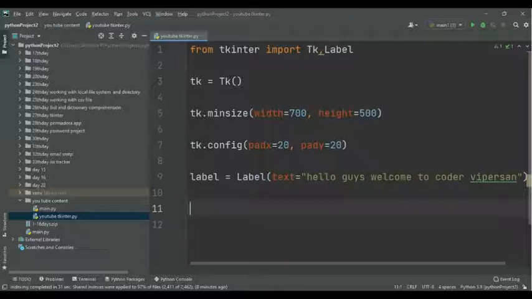If you want to change this label, "Hello guys, welcome to Code Vipers", you can change it like a dictionary, passing text equal to something. If you need to change the label, then you can do this.